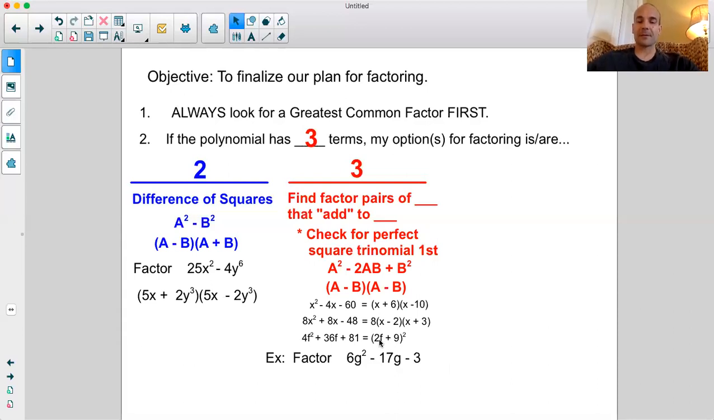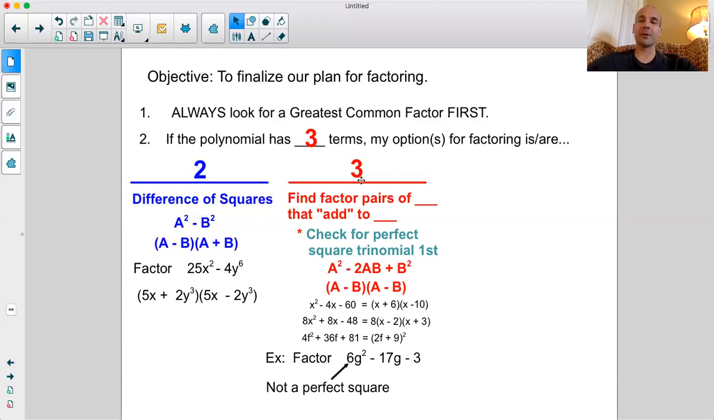Look for GCF first. Don't see one. Look for perfect square trinomials. 6 is not a perfect square. So now we have to do our work, but we don't have to go any further than this. This is where this system, this plan works. 2 terms, look for difference of squares. 3 terms,